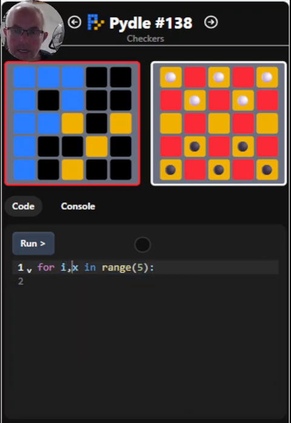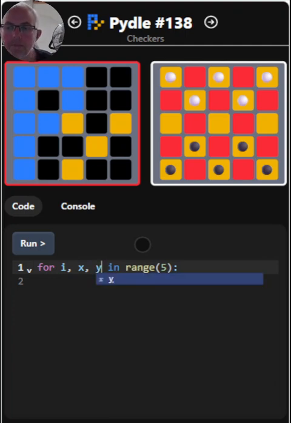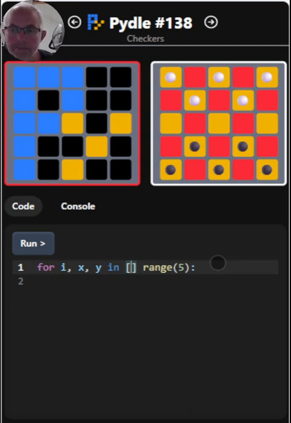I use a list comprehension to get an x, y, and a counter of cells from left to right, i, out of a single loop. So that's for i, x, and y in list comprehension. You create another list, and then you generate a new list within that list. Okay, so